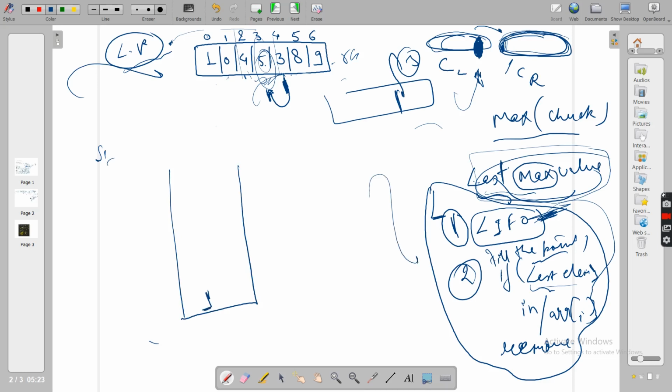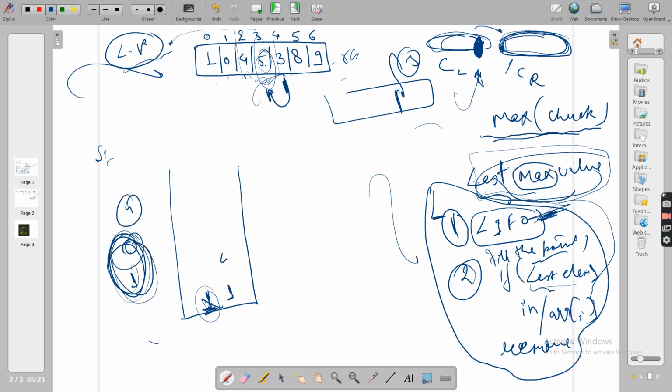Let's put 1. This is a chunk whose maximum value is 1, obviously a single chunk with a single value, so 1 is there, no problem. Now 0 came. Again, the maximum value of the previous chunk is 1. Is it less than or equal to 0? No. So 0 will remove 1. 0 will say come with me, because you cannot live independently. Now as the stack is empty, what do you push? Because you want to keep track of the maximum chunk value, which is 1, so you push 1 here.